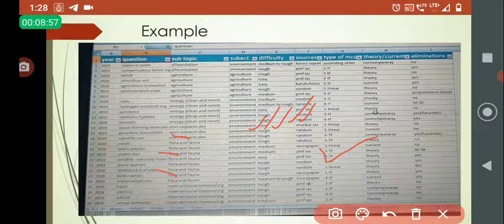This is the Excel sheet which I made for environment. These things are not my own inventions. First of all, I got this thinking from Ronaldo. He asked students to do this on their own. Why he asked this, I will tell you later. But first we will see how an Excel sheet has to be made.